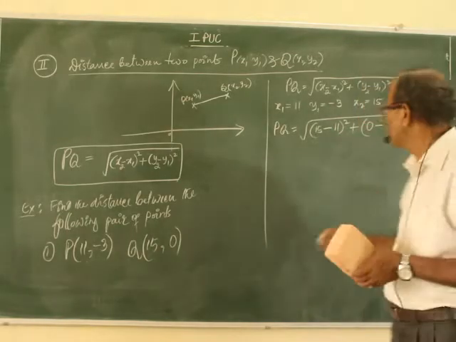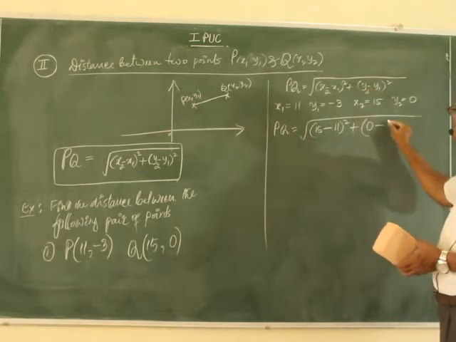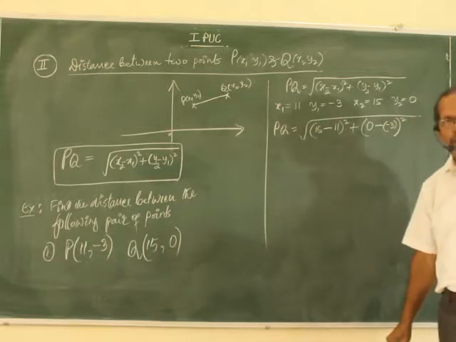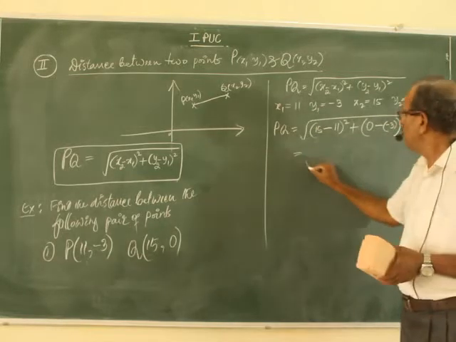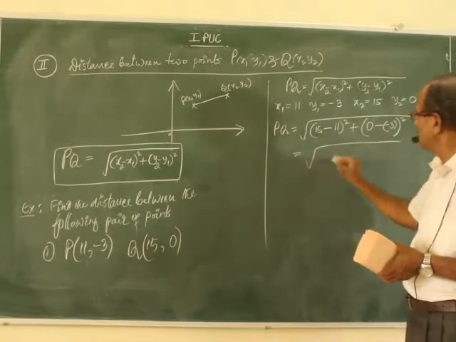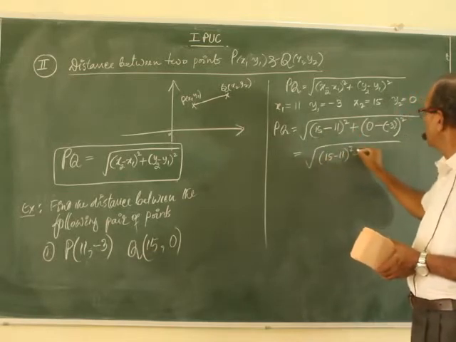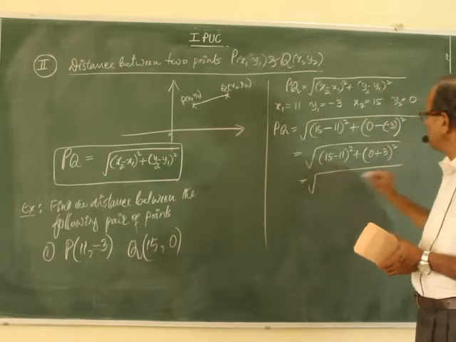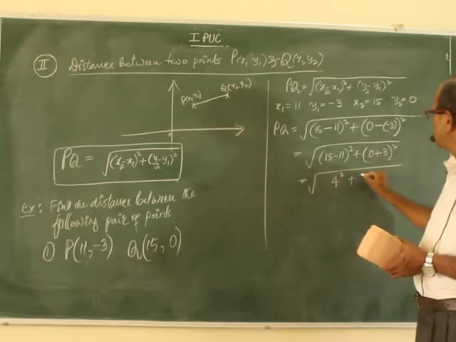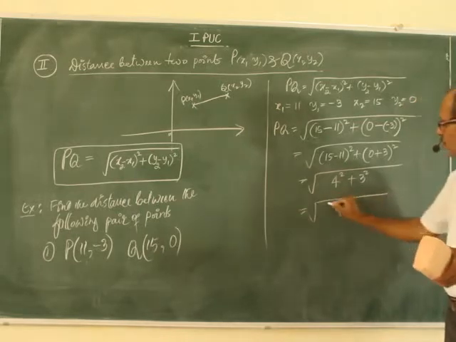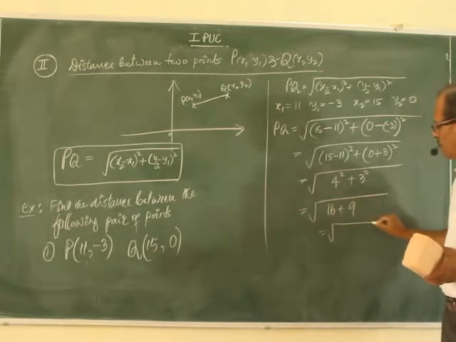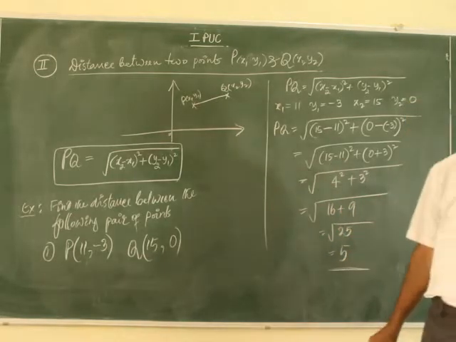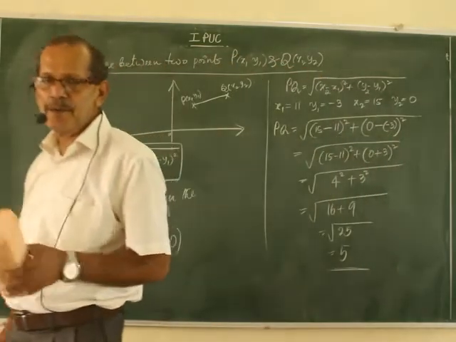Again careful. This is formula minus, this minus. But y1 itself is negative, see, minus 3. After that, close the bracket, square. Write carefully. Root of 15 minus, or let me write one more step, no problem. This becomes minus of minus, plus. Now write 15 minus 11 is 4 square, plus 3 square. 4 square, 3 square, root 25. Answer 5. Answer is 5.